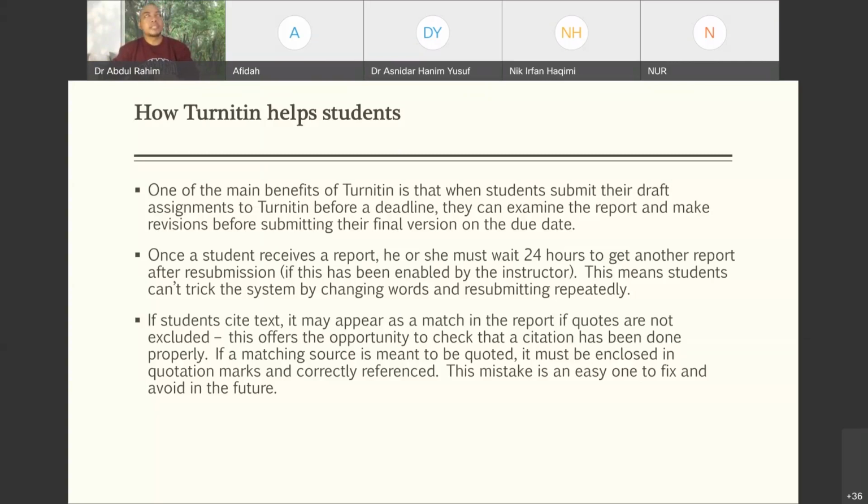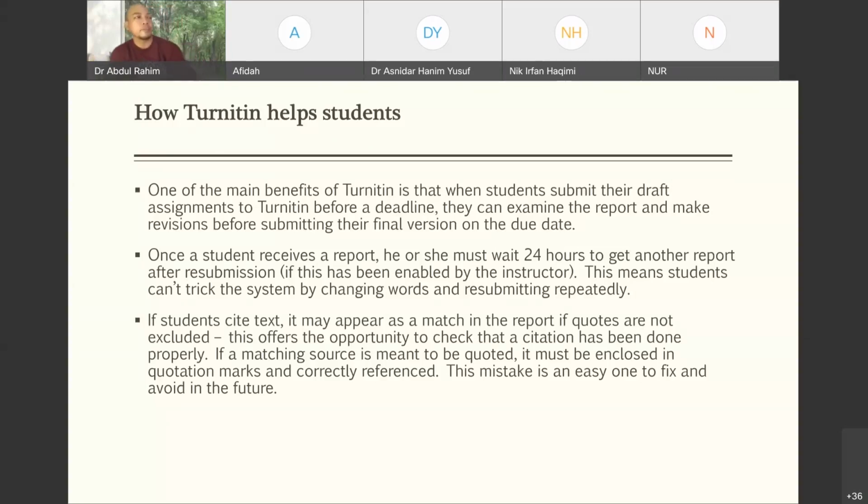So basically you can do it many times and you don't have to wait 24 hours. I may not be sure about the content of these sentences, but we can always do it many times, anytime. And we can get quite a fast result. Sometimes it's just 10 minutes, sometimes half an hour until we get the index. So I think as long as the students make the effort to reduce the similarity content and reconstruct the sentences, I think this is acceptable for us to mark and check the content for a good